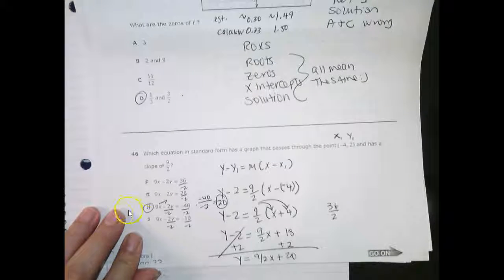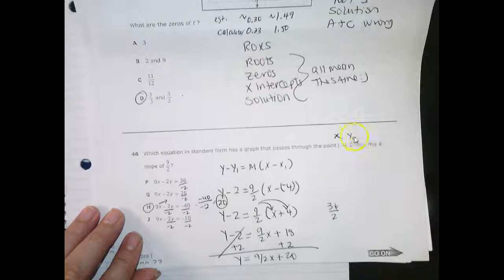46. The equation in standard form passes through this point, has this slope. That's point slope form. So remember, the y1, the x1, that comes from over here. This is the x1, and the 1 represents first coordinate. That's your y1. That's your second coordinate. Sorry, that's your second value in this first coordinate. So that's x1, that's y1. I just inserted a number here. I put a number here, and I got